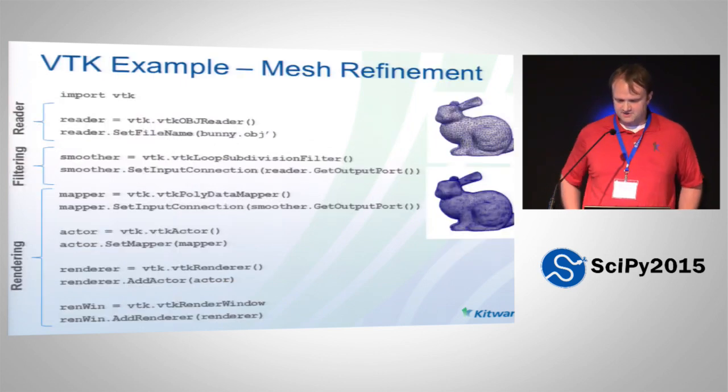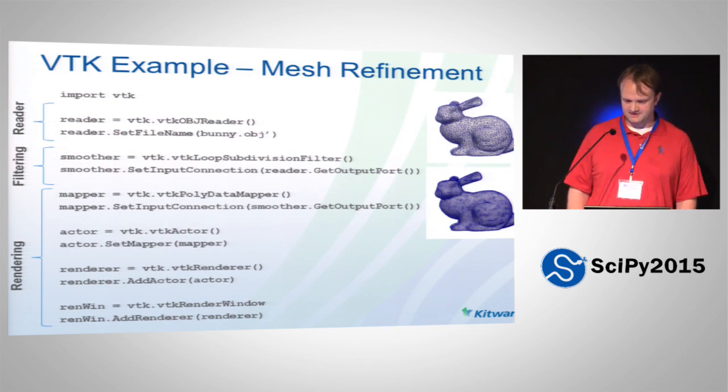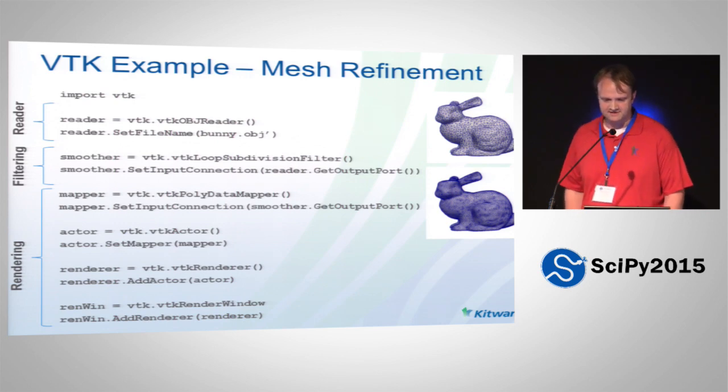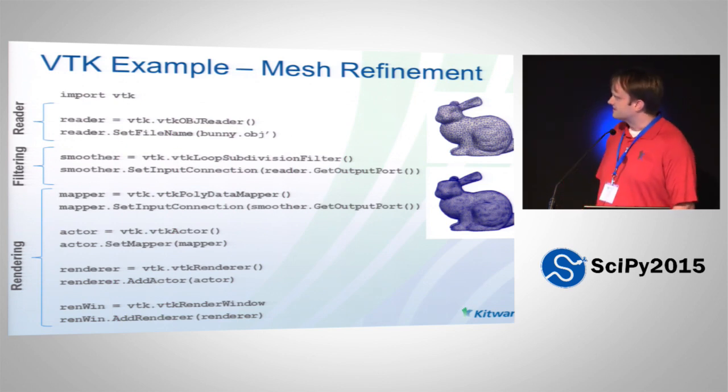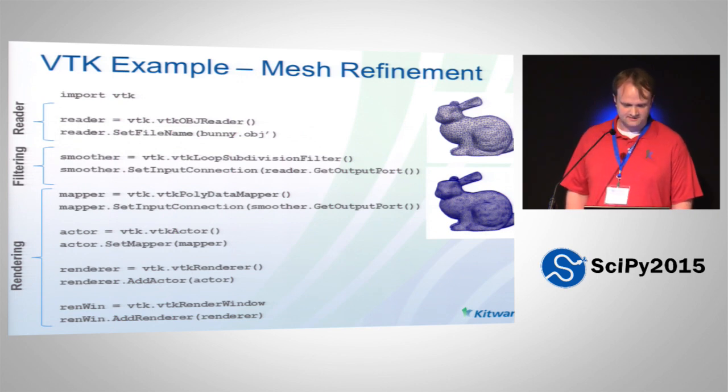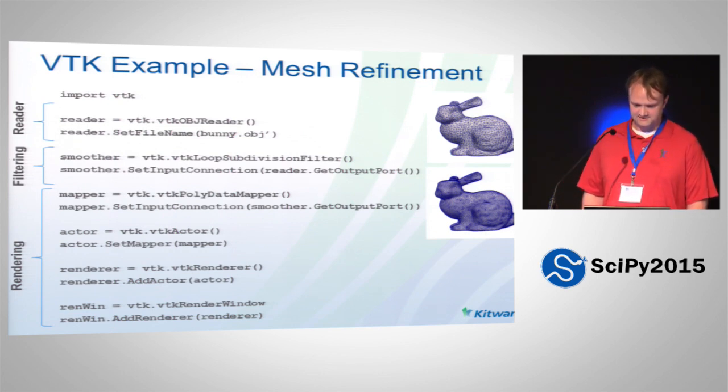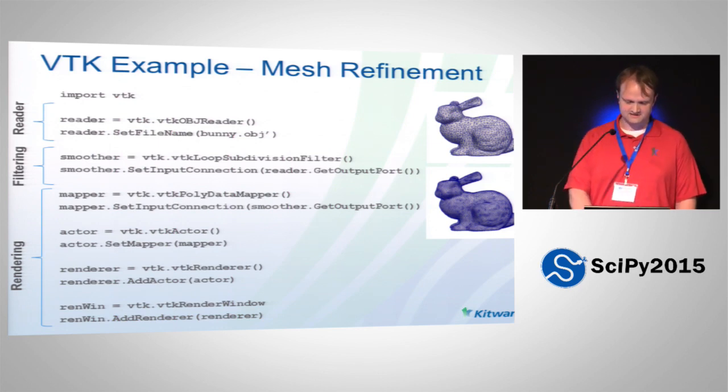So we're going to jump to some code right now, and this is using the Python bindings in VTK. It's a simple example where I'm reading some OBJ file, in this case the bunny, and doing some mesh refinement on that, and then just visualizing that. So you can see on the left, I've split it out into reader, filtering, and rendering steps. And this gives you just a flavor of what a complete VTK visualization entails. So it's not much Python code to get you started